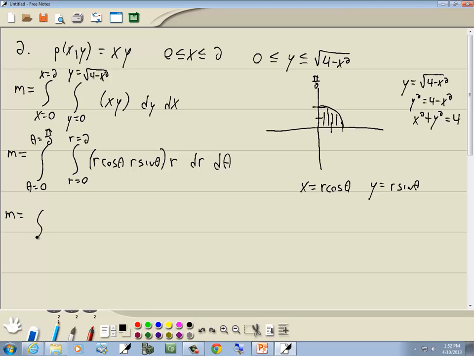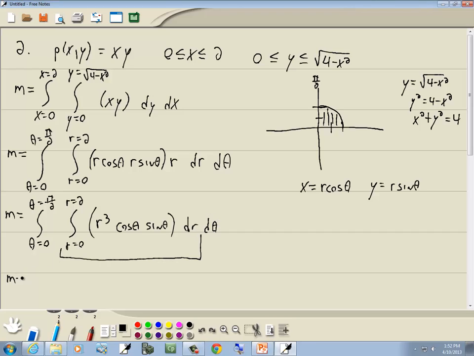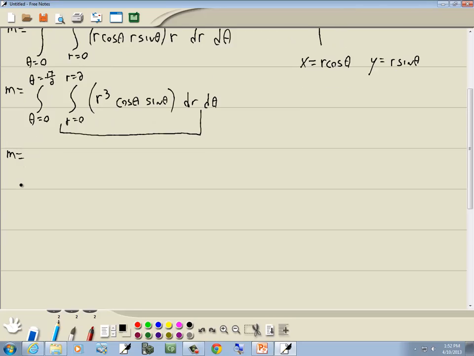Let me do a little bit of simplifying before we dive in with this. Let's see, r is equal to 0 to r is equal to 2. We have r, r, r, so we got 3 r's. So we got r to the third. And then we got cosine theta, sine theta, dr, d theta. Well, if I work with my inner integral first, it's going to be from theta equal to 0 to theta equal to pi over 2. And